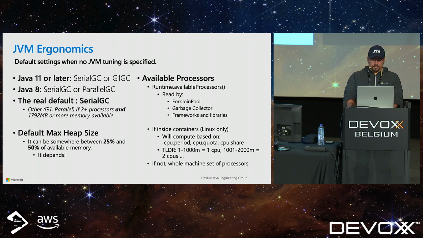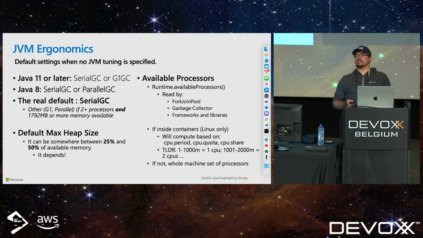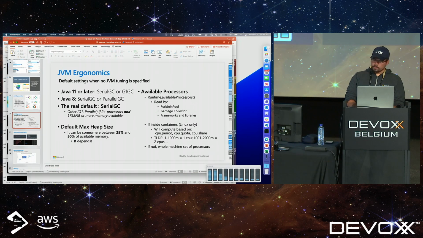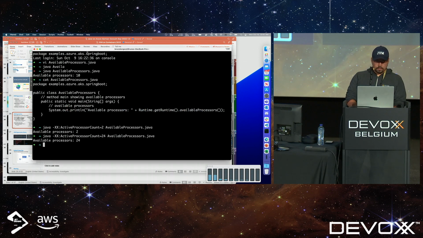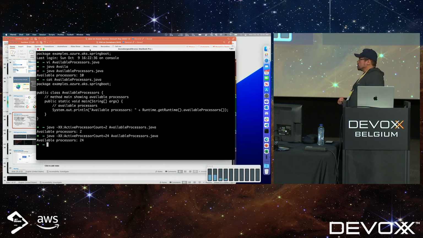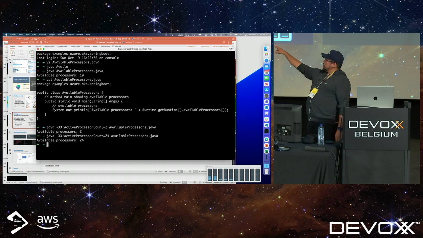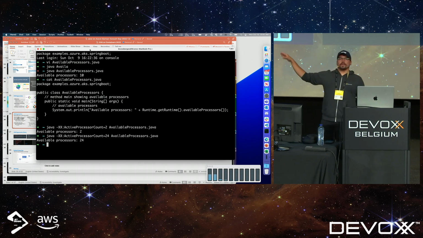I can come here, and let's say I can actually do 24. Still runs. It doesn't matter. Oh, you don't see it, sorry. PowerPoint, the company that does these things. So if I override the flag, ActiveProcessorCount equals 24, it doesn't matter. It's just